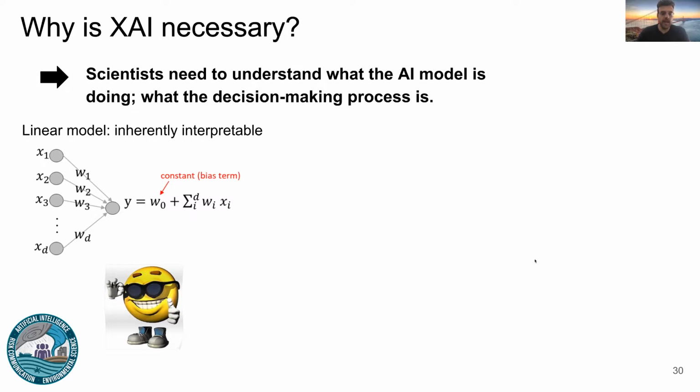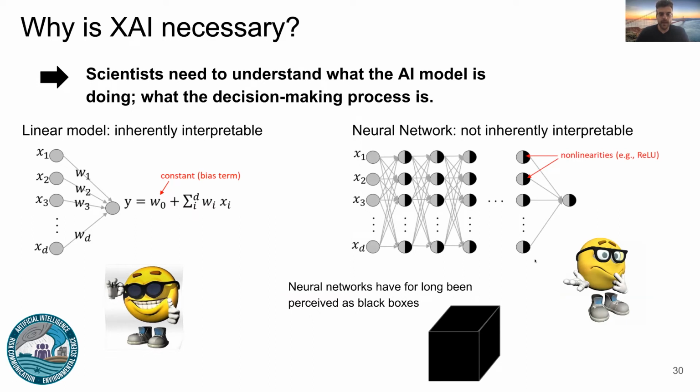In contrast, when we are using a neural network, exactly because there are nonlinear functions in the architecture of the network, these nonlinearities make the algorithm of the network non-transparent. And this non-transparency is essentially the main reason why we cannot interpret the predictions right away as we can do for a linear model. And that's why neural networks are considered black boxes. And this is where XAI comes into play. So what is XAI? In the next slide,